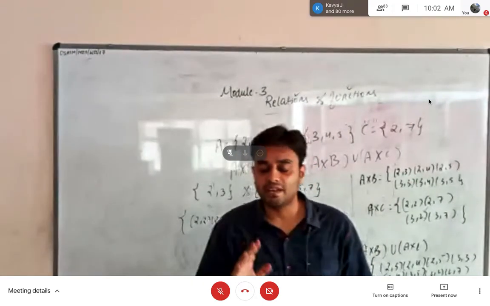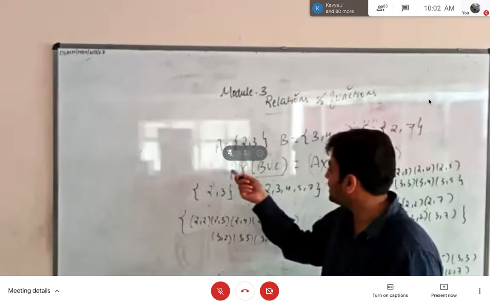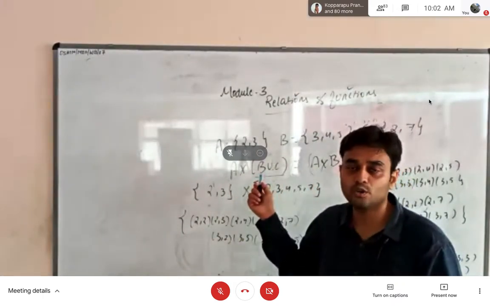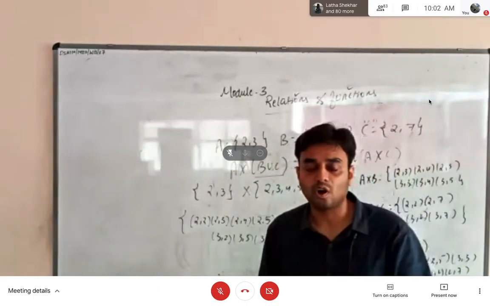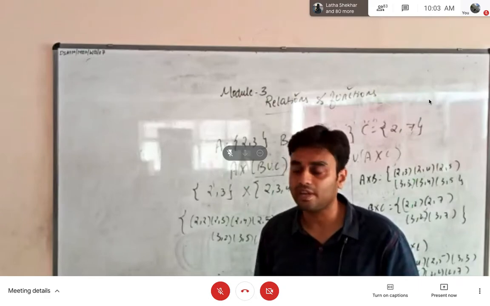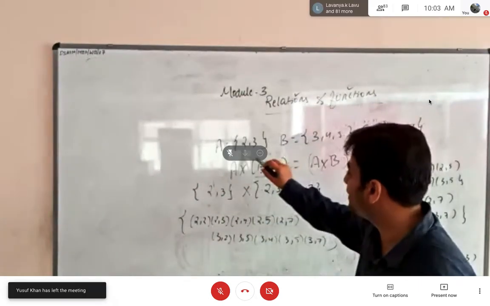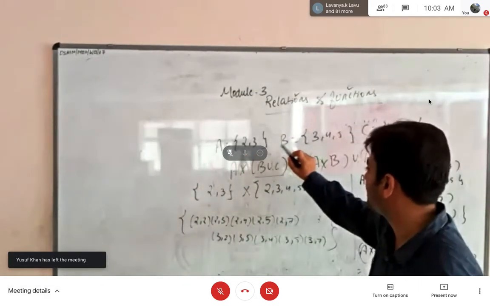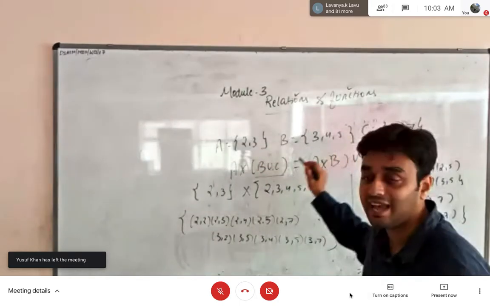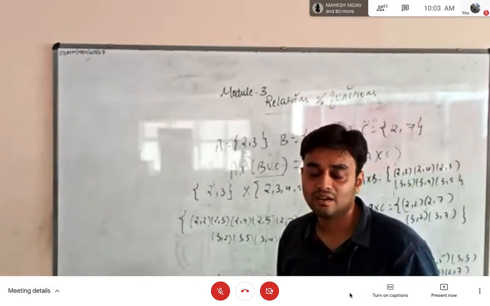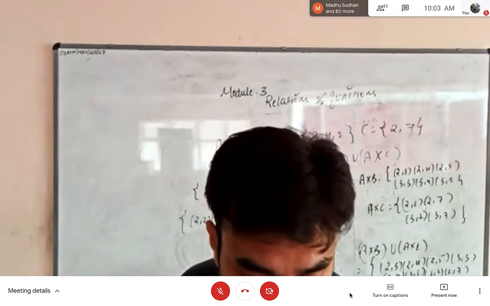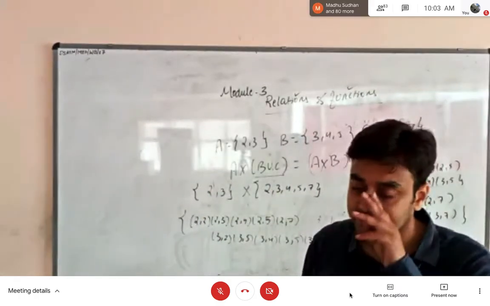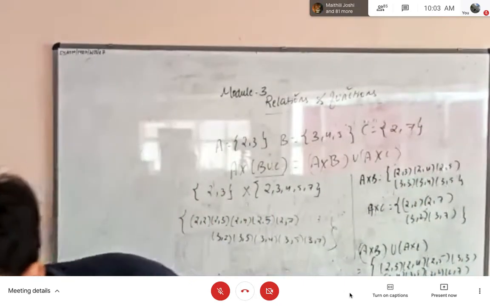I'll repeat, whenever in the exam they ask this kind of questions, you cannot give proof by considering some examples. Always you have to give the generalized proof. Suppose he gives a set of elements in A, B, C, and asks this kind of questions, then it is fine. Otherwise, you cannot take elements on your own and prove in this way. Okay.